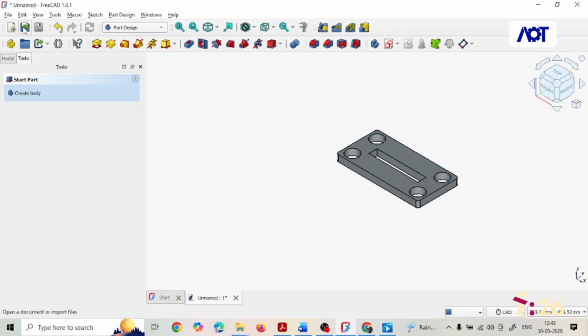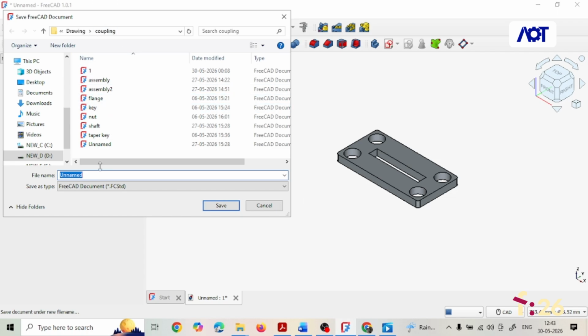Now all you can do is just save this particular file wherever you want to put them,